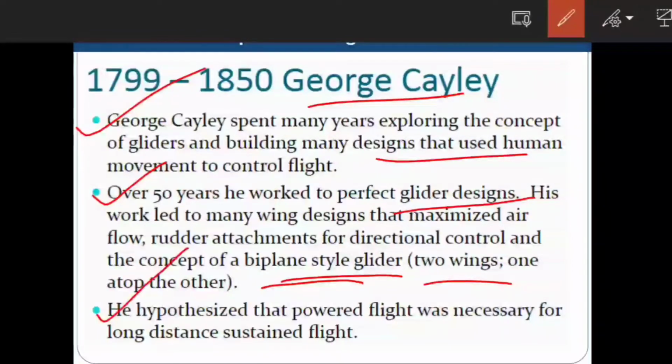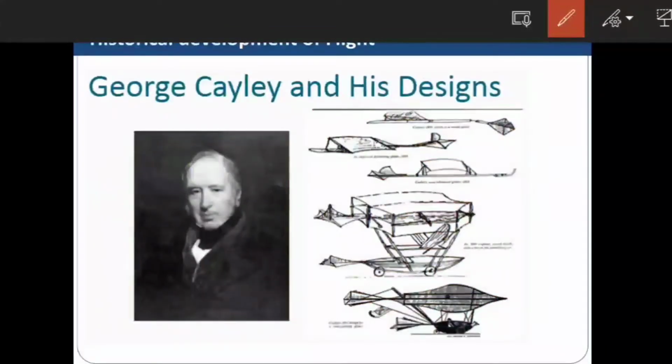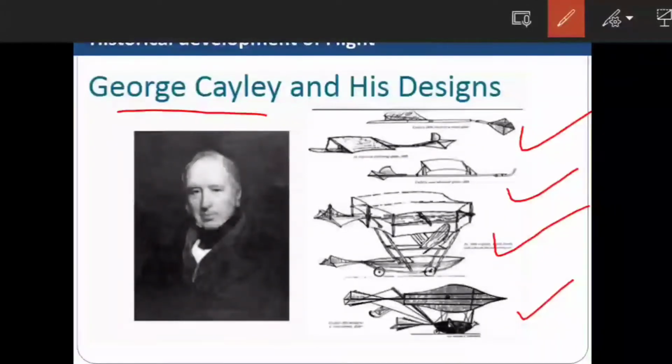That happened during 1799 to 1850. So George Cayley worked a lot and spent 50 years. If you see the example also, this is a design made by George Cayley. He made so many gliders, with different attachments of landing gear and control surfaces. That is a very good achievement, and we can find very good development of flight during the 1700